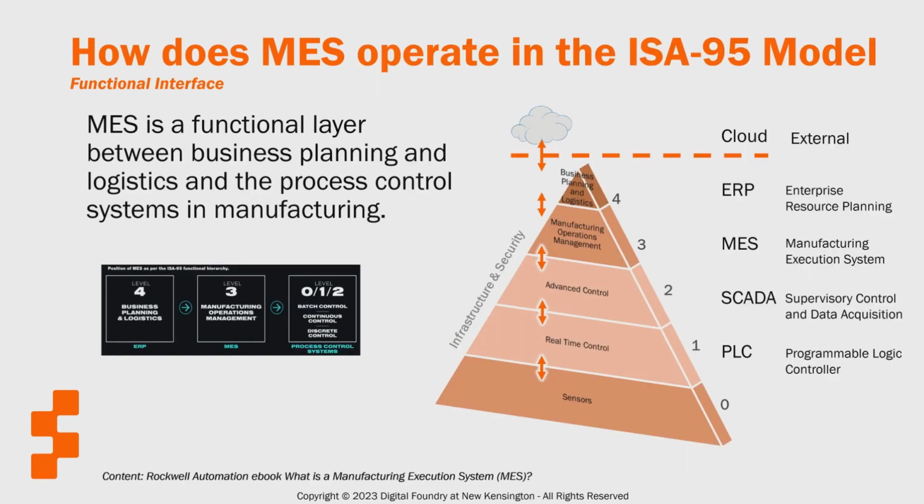How does an MES operate in the ISA 95 model? Well, we applied a definition of the ISA 95 automation pyramid to delineate software and hardware present in manufacturing. MOM contains the MES with a functional layer between business planning and logistics in the process control systems in manufacturing. MES is positioned at level 3 between the top level 4 business planning and logistics contained in enterprise resource planning